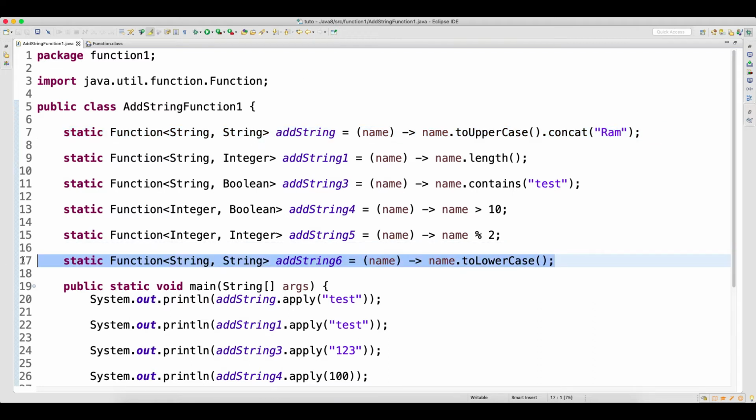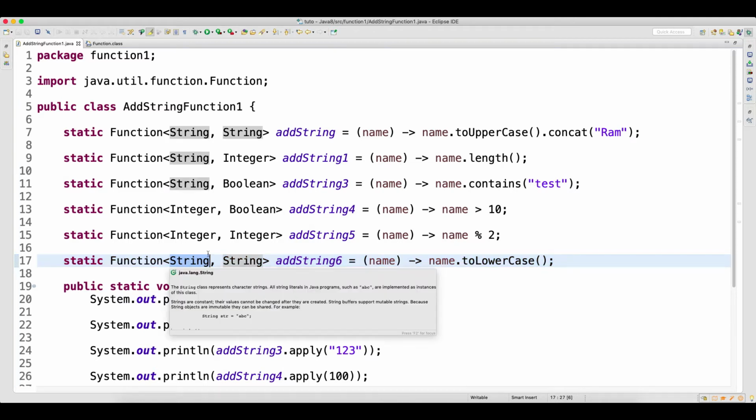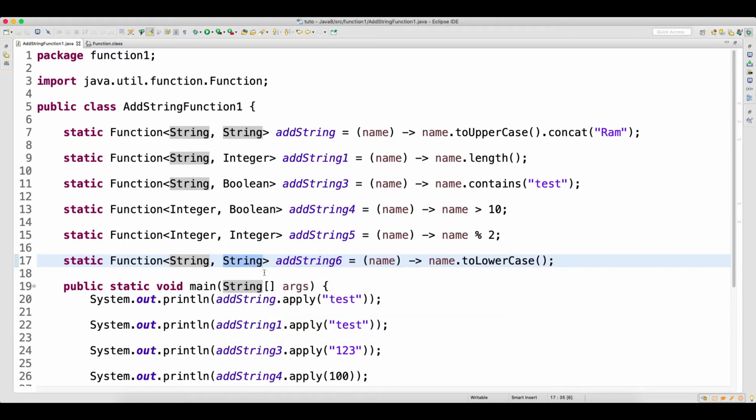What it will do is convert a string to lowercase, right? And you know that this is the input to the function and this is the output you are expecting from the function, right? So here these functions will take one argument which we write in the parentheses, and this argument we always need to supply as a string because this is the input and this is going to be the output. Okay, since there is only one line, I don't need to write curly braces.